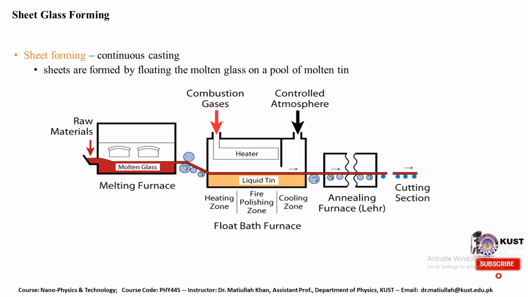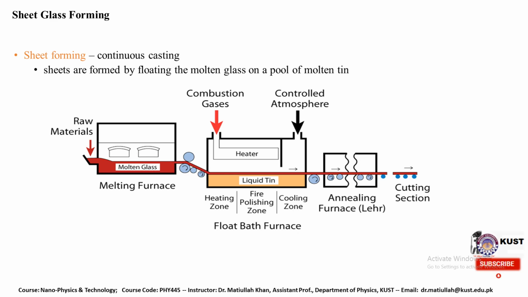In sheet forming there is continuous casting. First the ceramic material is converted into liquid or molten form. Sheets are formed by floating the molten glass on a pool of molten tin. So what happens? The raw material is placed in the raw material section, where it is heated to high temperature. When it achieves a high temperature, it is converted into molten state, and then pressurized toward another compartment,